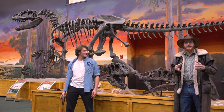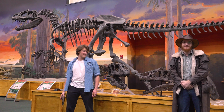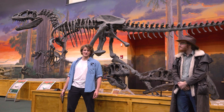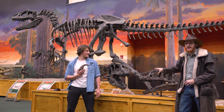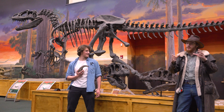Allosaurus here is actually Utah's state fossil, with over 70 of them being found right here, and nearly 200 worldwide. Now, some of the differences you may notice between T-Rex and Allosaurus are these long arms and massive claws. Allosaurus also has a much narrower skull with these great big eyebrows called lacrimal crests, probably for